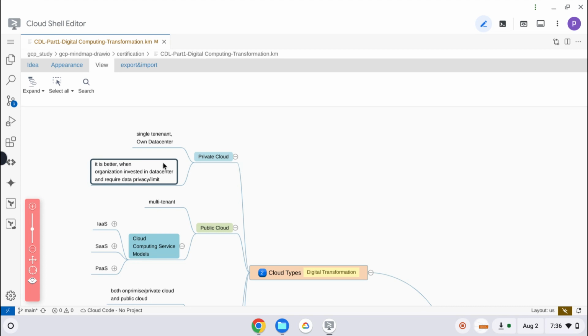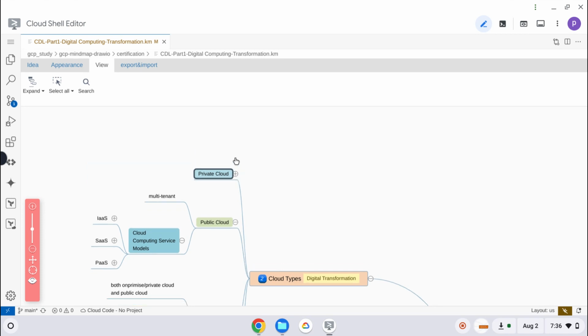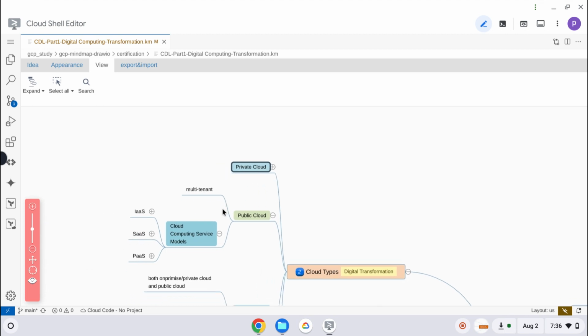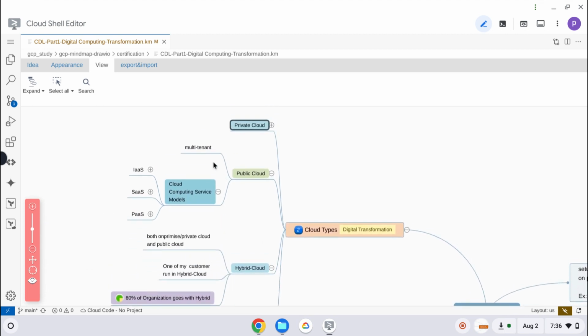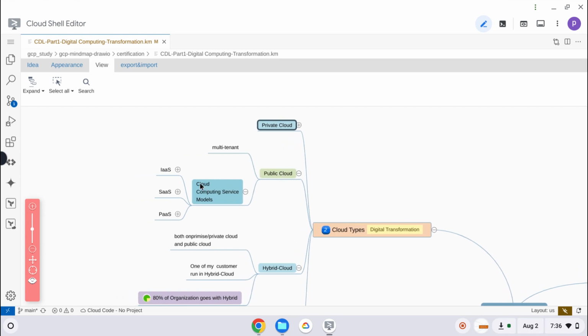If not, if you don't want to use your data center, or you don't have that much capability or capacity in your own data center, then obviously we will go for public cloud. Public cloud means what? Here the majority public clouds are GCP, AWS, and Azure. Maybe some others exist, but these are the main primary public clouds. The public cloud provides a set of services.